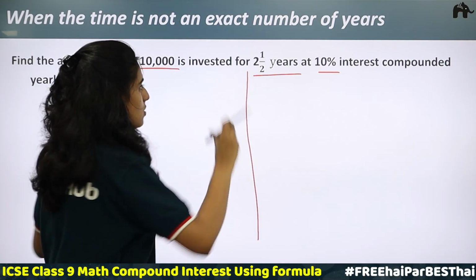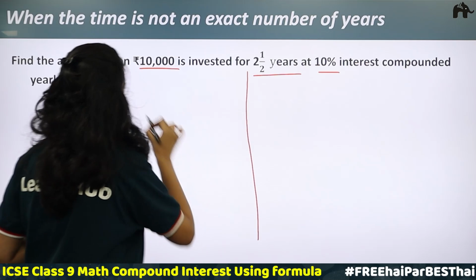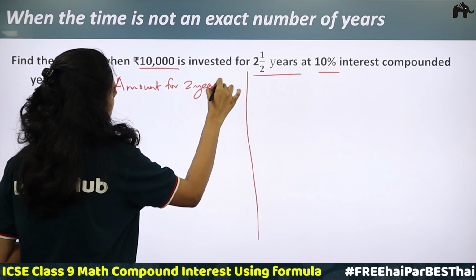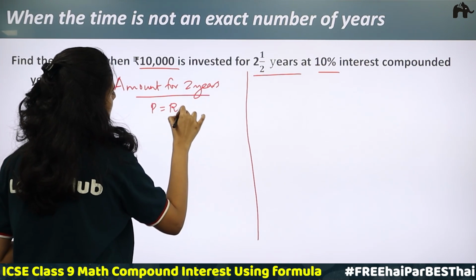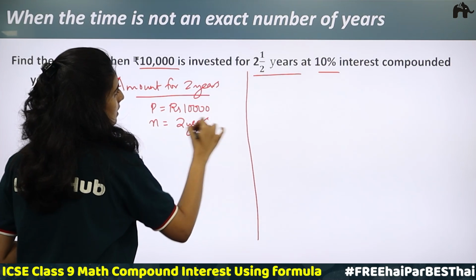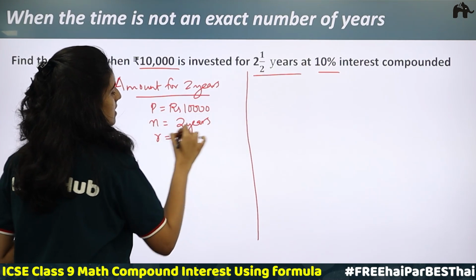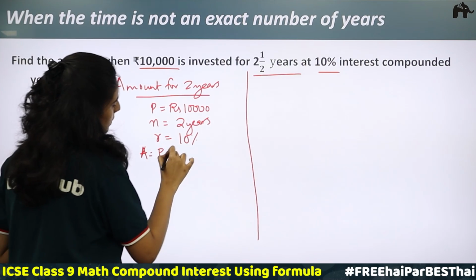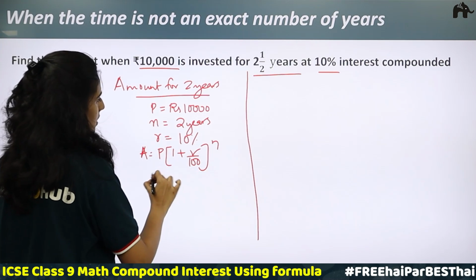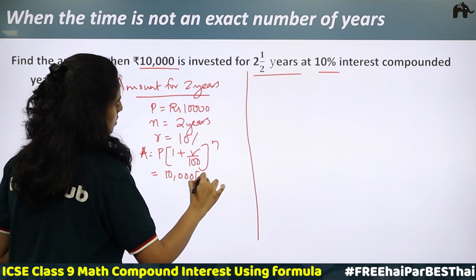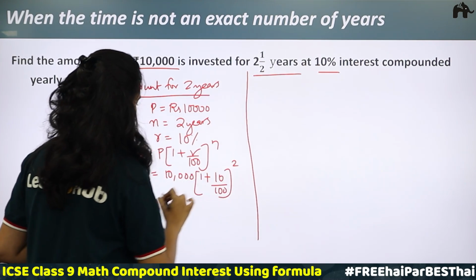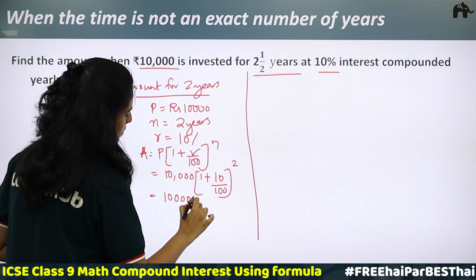For that, what you have to do is find the amount for 2 years first. Amount for 2 years, how to find? The principal is rupees 10,000. Number of years is equal to 2 years. Rate is 10%. Amount will be equal to P into 1 plus R by 100 whole raised to N. Put the values. 10,000 into 1 plus 10 by 100 whole raised to 2, which is equal to 10,000 into,